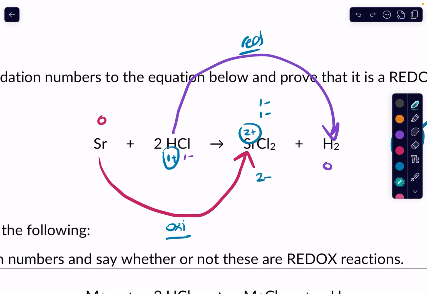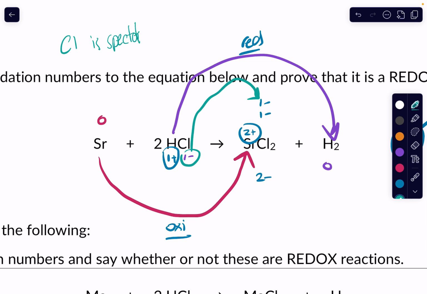The equation's balanced, but let's have a look at the charges. Chlorine, when it's bonded to something, we've said it's 1 minus. Let's go over here. Chlorine is bonded to something. It is 1 minus, but the other one's also 1 minus. So I'm going from 1 minus to 1 minus, not 2 minus. Both these chlorines are 1 minus. They haven't changed. There's no redox here for them. So they don't reduce, they don't oxidize. Therefore, Cl is a spectator,